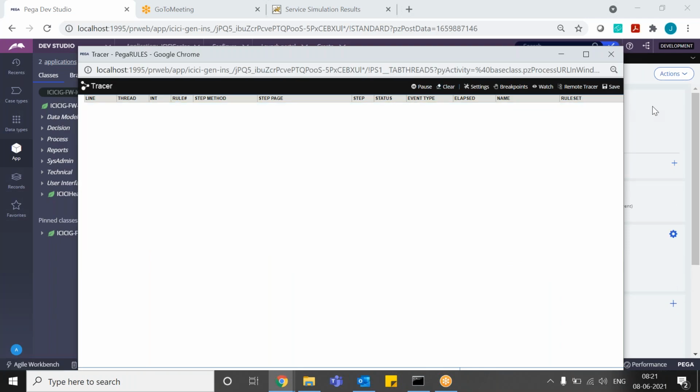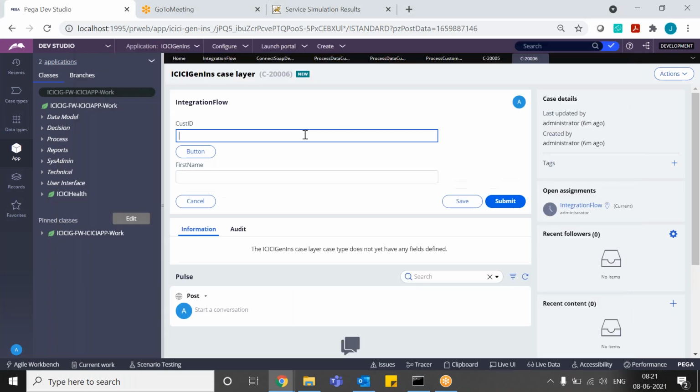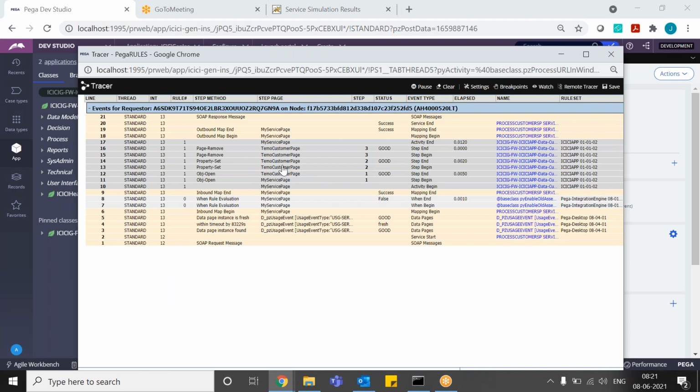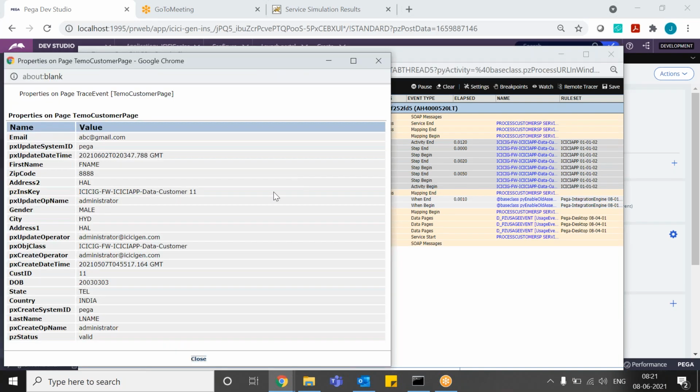Clear it. Still not taking. Now I think it got the values. Earlier these values were not there. Okay.